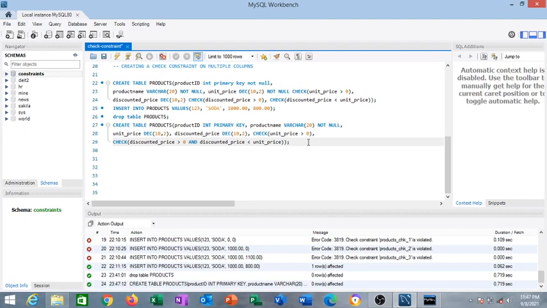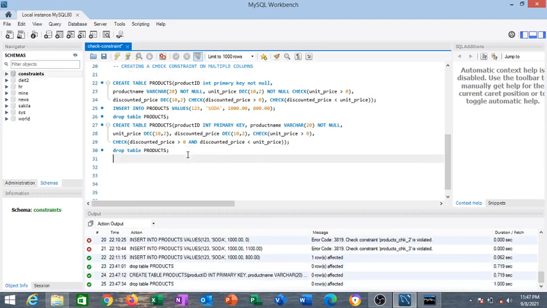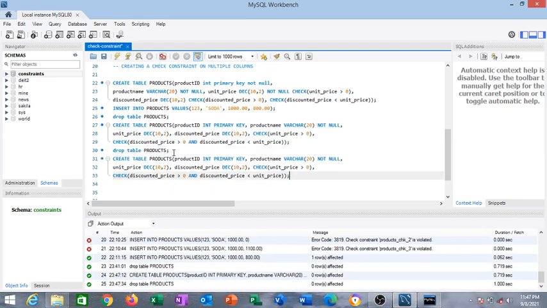We could also have given this constraint a name, just like how you would give other constraints names. So we could drop this table once again and rearrange this such that the last one is given a name. Check discount here, can put this, and then we put a comma, we say constraint. So constraint, we can give it a name as valid,